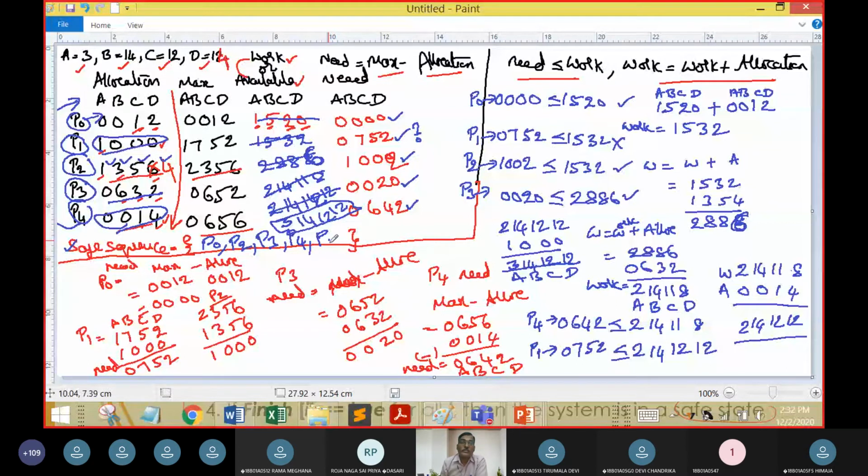If the CPU can schedule in this order, that it executes the process requests in this order using the Banker's algorithm, definitely deadlock can be prevented. So that is the final conclusion of the Banker's algorithm. What Banker's algorithm is going to do is take P0, P1, P2, P3, P4 with these requests and solve them in an order. So it is going to solve in the order of P0, P2, P3, P4, P1 instead of executing in FCFS, first come first serve, like P0, P1, P2, P3, P4.